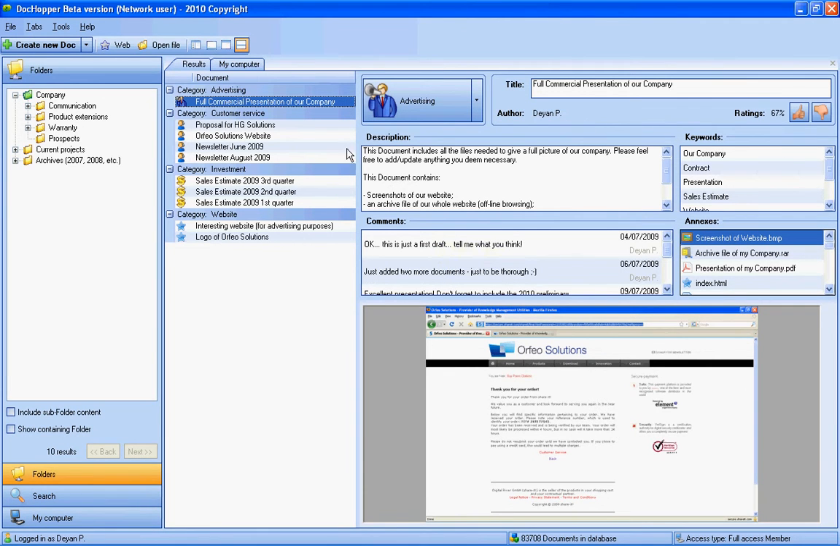So what is a document? Well, maybe the best way to understand what a document is to start with the list of annexes. Annexes are files or websites that can be classified under a single document. So that means that as many files or websites as you want can be classified under one single document, and